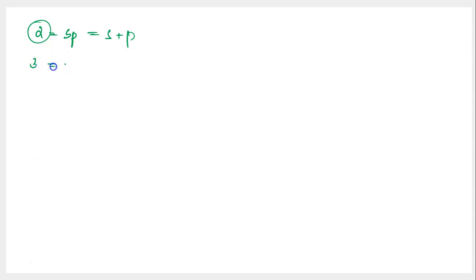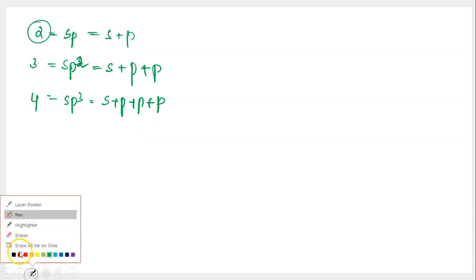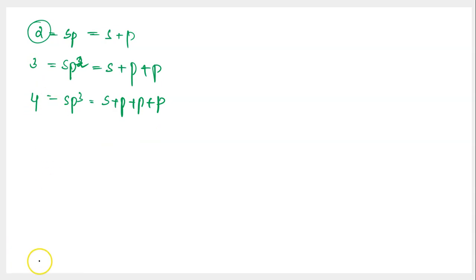And if the number of hybrid orbitals is 3, understand you're talking about sp2 hybridization, wherein you have 1s and 2p, which is p plus p orbitals involving. And if you have 4 hybrid orbitals, understand you're talking about sp3 hybridization, which is 1s and 3p atomic orbitals. So by observing the number of hybrid orbitals, you can relate to the hybridization in the given atom.